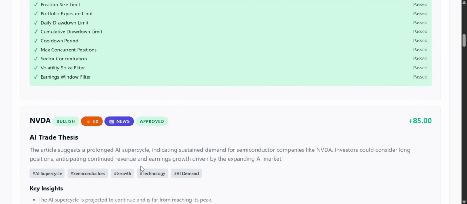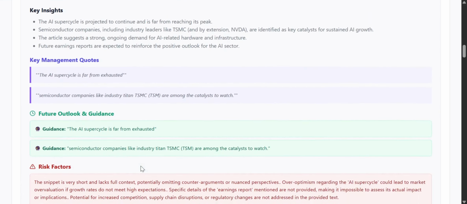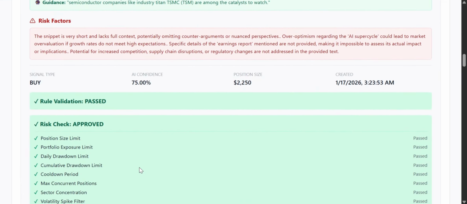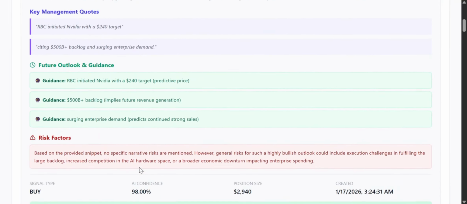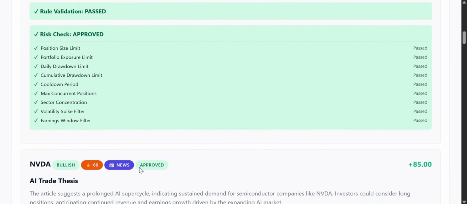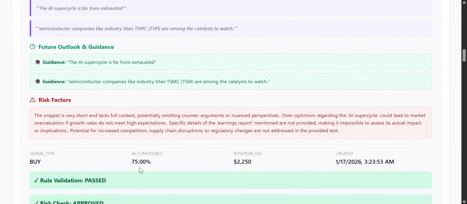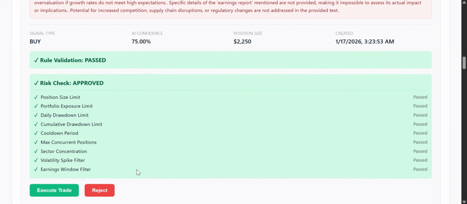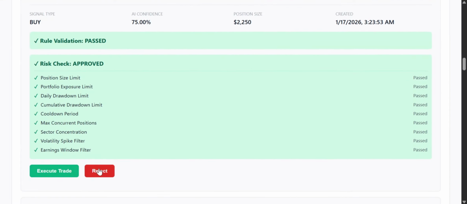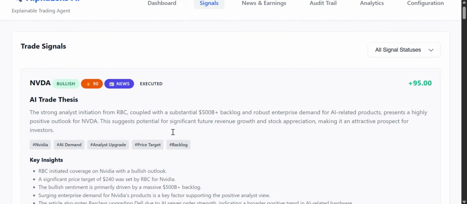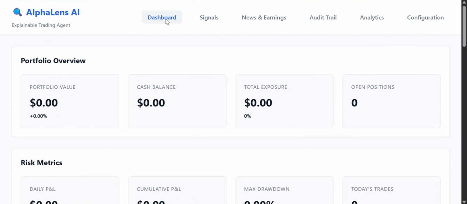But if you go down, the next one, we can see we have the two buttons which we can either execute the trade. Sorry, I went for the first one. So you see whether to execute or to reject. So if you go back to our dashboard, we can now see that trade that we executed. So now it's fetching from the API, which is in real time. So we now have it.